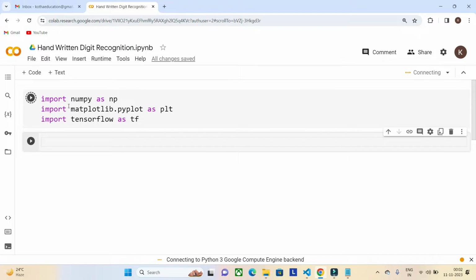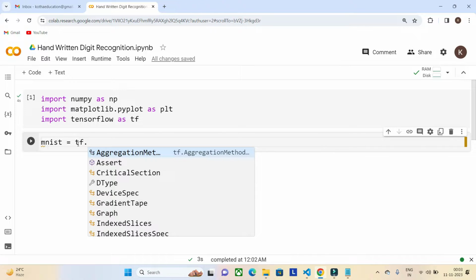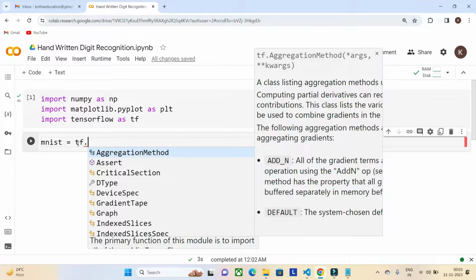So it is executing here. Okay, and next thing is, let's import the data set from TensorFlow. So what is the data set we need? We need the handwritten digit recognition images so that our model can get trained on that. Okay, so this data set is called the MNIST data set. Okay, tf dot. So for the suggestions in Google Colab, similar to Visual Studio, just press Ctrl plus space bar. Okay, tf dot